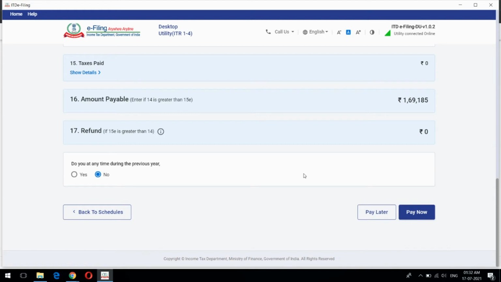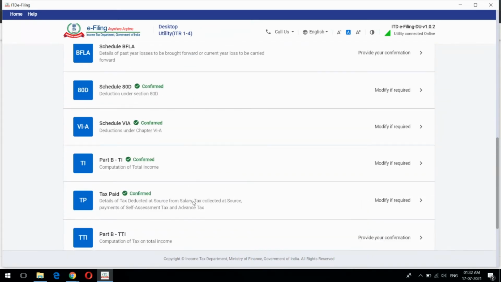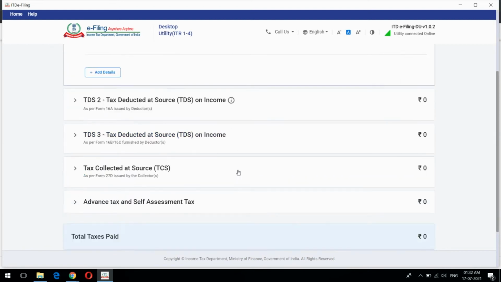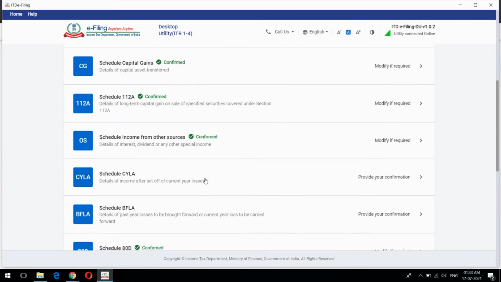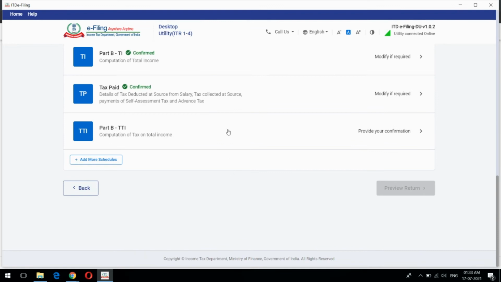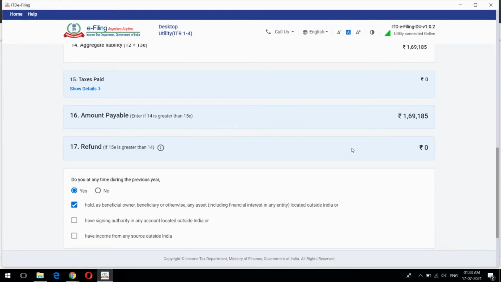So once that is done, you need to come back to the previous schedule section, this one, let me take it one second. In the tax paid section, you need to fill in the details of your advance tax paid or self-assessment tax paid right here. And then that will be adjusted with your total taxable income, total tax payable definitely,